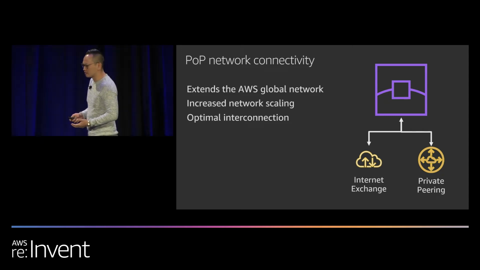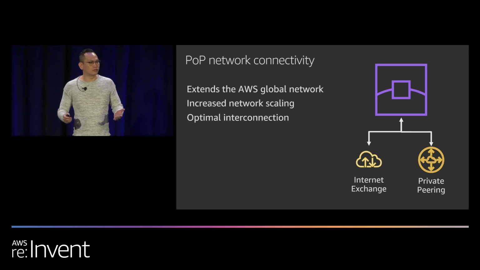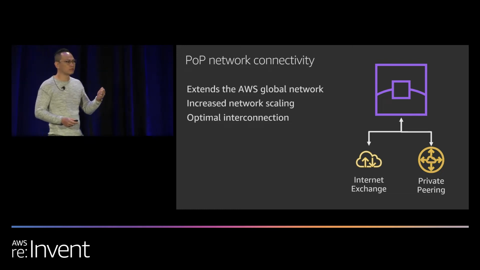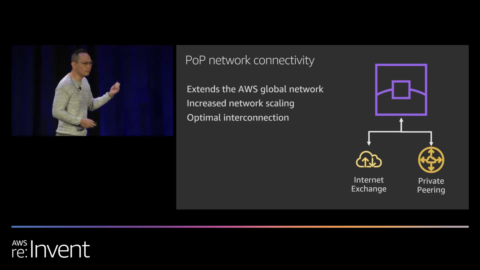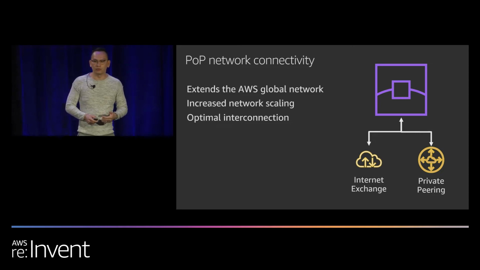It also allows us to optimize for cost. When you use the CloudFront service, you're not paying for data transfer from an AWS region to the CloudFront edge location. You're paying for the data transfer out from the edge location to the public internet, which is typically a fraction of the cost of what it would be if you were going directly from the region.